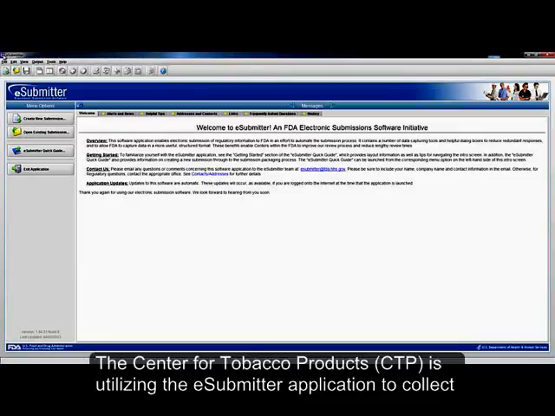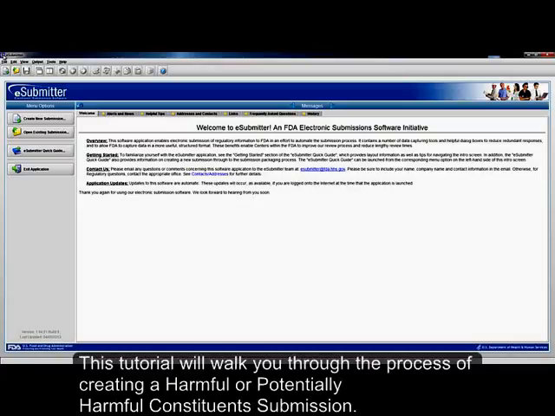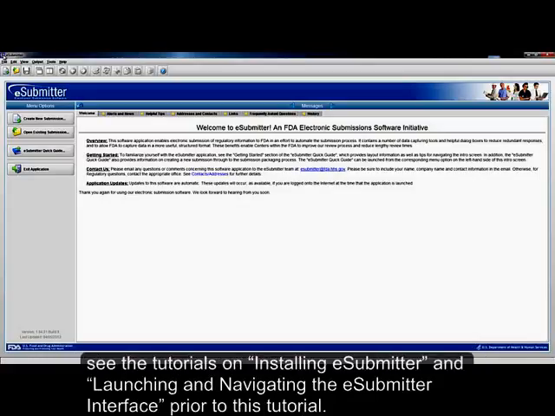The Center for Tobacco Products is utilizing the e-submitter application to collect harmful and potentially harmful constituent submissions, which is currently available to industry. This tutorial will walk you through the process of creating a harmful and potentially harmful constituent submission. To begin, you should have e-submitter installed and open on your computer. If you have not yet installed e-submitter, see the tutorials on installing e-submitter and launching and navigating the e-submitter interface